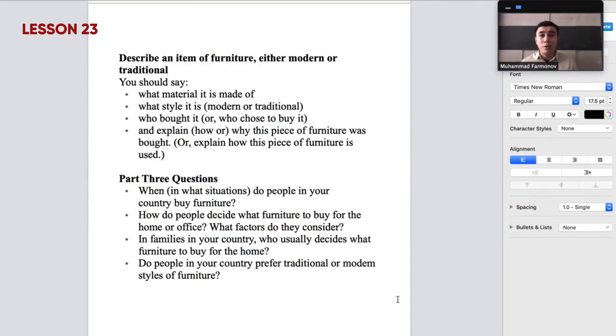Okay guys, I hope the overall idea of the IELTS speaking interview was clear to you, and of course you will have to send your sample answers to the Telegram group, and we'll check your answer and you will receive feedback. So in the next lesson I'm going to simulate the real interview and answer part 1, part 2, part 3 questions, and of course this is going to be very helpful for you so you can imitate, copy some ideas, and of course I hope you will start using them in your answers.